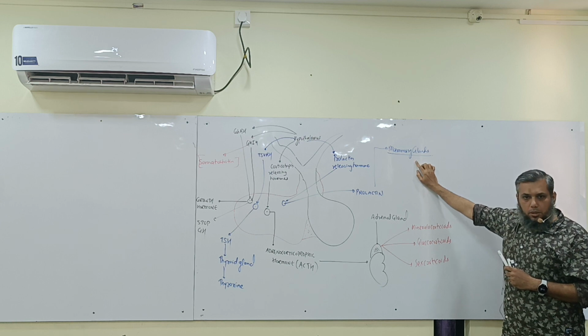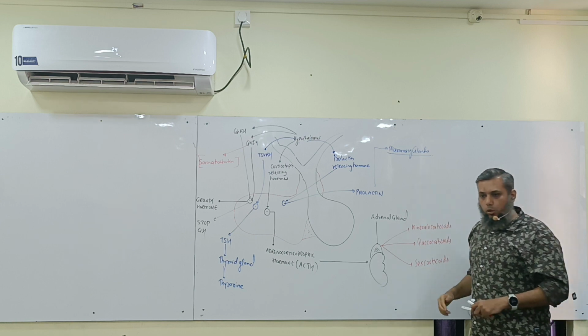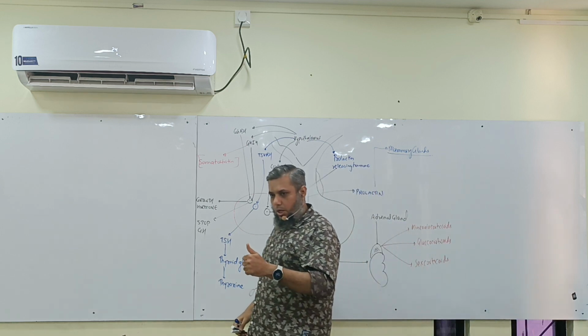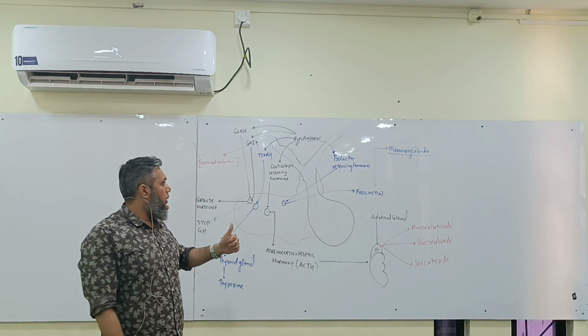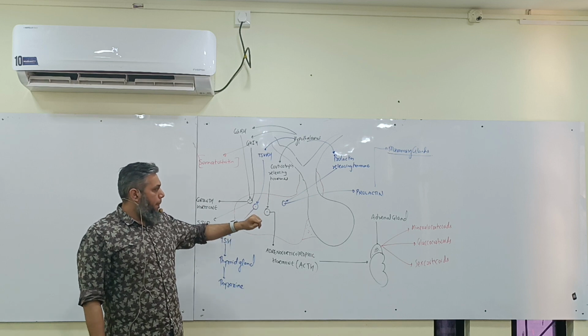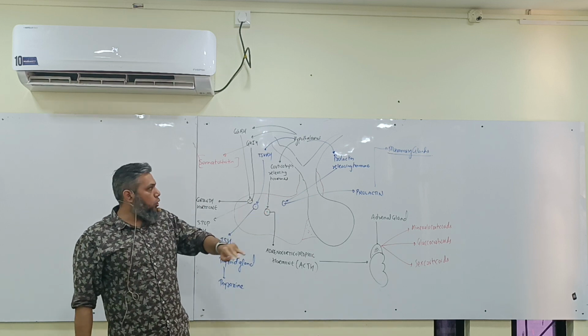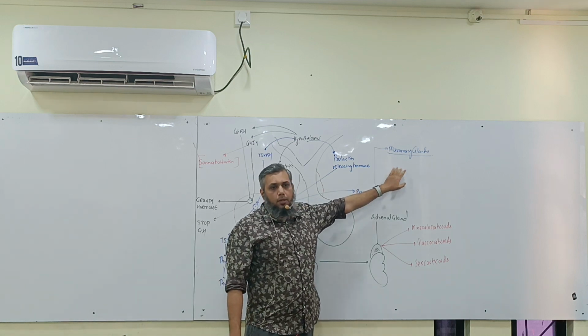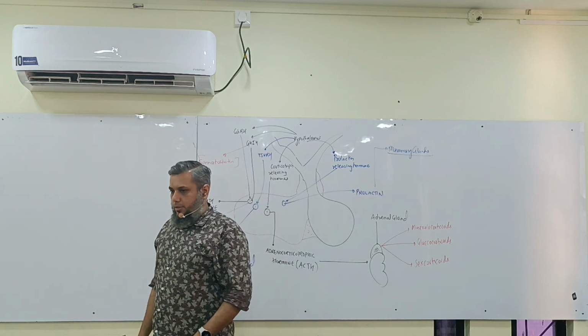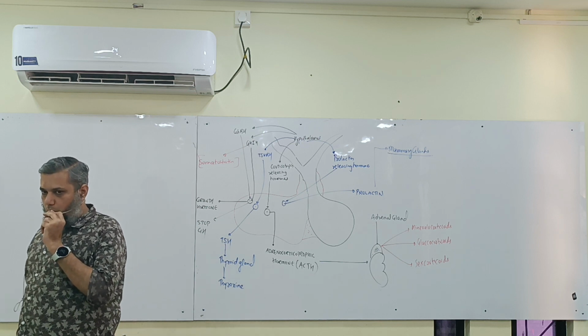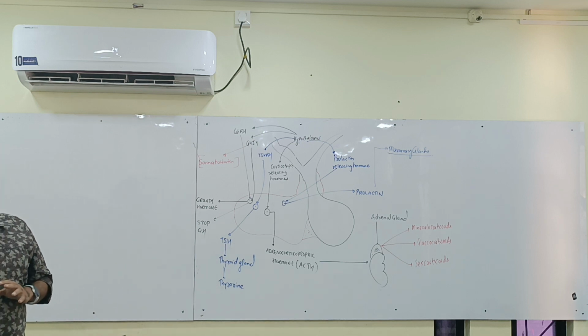Clear everyone up to here? तो यहाँ पे मैंने कितने एंडोक्राइन ग्लैंड्स मेंशन किए? दो. एक है हाइपोथैलेमस, दूसरा एंटीरियर पिट्यूटरी. ये दो एंडोक्राइन हो गए. तीसरा जो ग्लैंड मेंशन हुआ है वो कौन है? ये एंडोक्राइन ग्लैंड नहीं आएगा. That will be which gland? Exocrine gland. Is it clear?